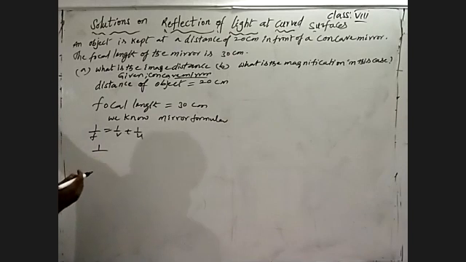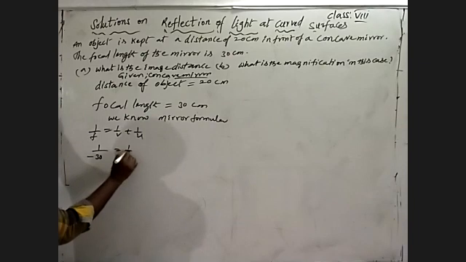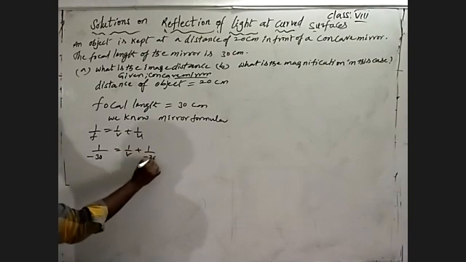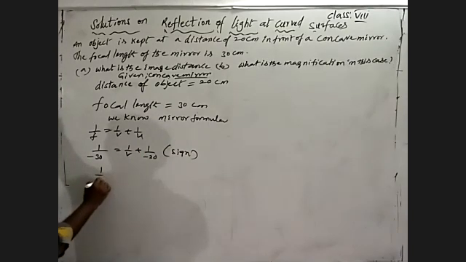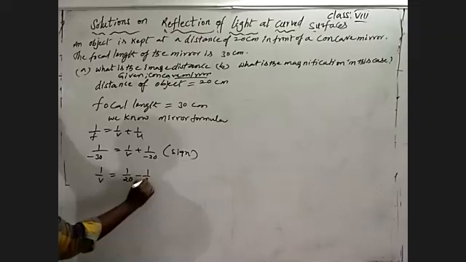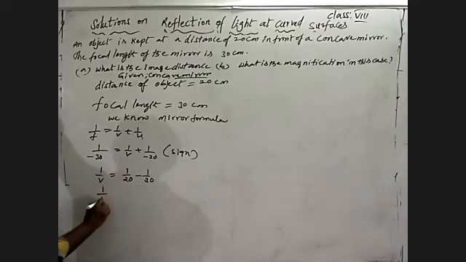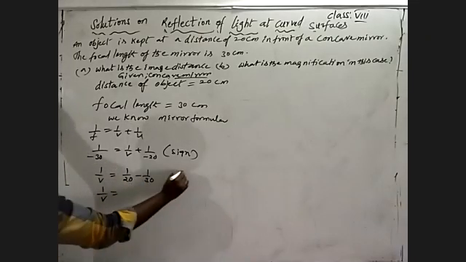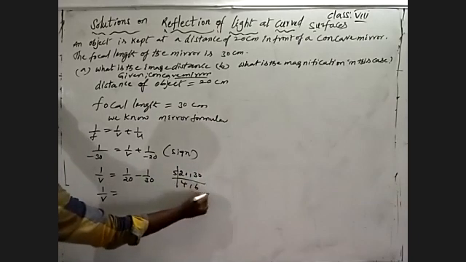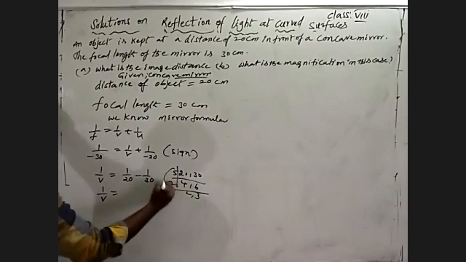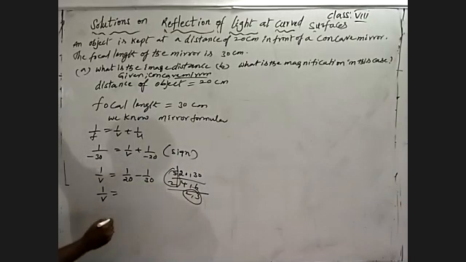How much focal length? They gave 30 centimeter, so minus 30. 1 by v plus 1 by minus 20 according to sign convention. So 1 by v is equal to, transferring this side, it will be plus, minus 1 by 30. Doing the LCM of 20 and 30: 5 4s are, 5 6s are, 2 2s are, 2 3s are, 10 and 6. So how much can we get?